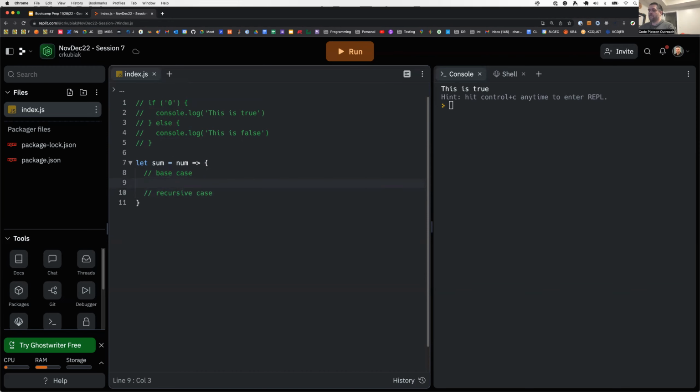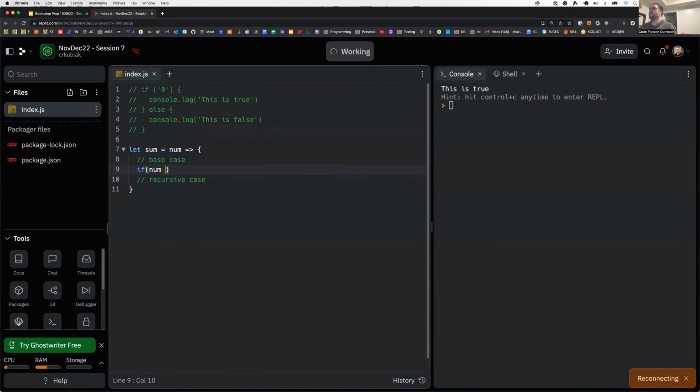Right, and so the base case, where we stop counting, where we no longer want to recurse, is our base case. So we can say if num is triple equal to 1, return 1. There's nothing going on here. We're not calling the function again, anything like that. So for our recursive case,